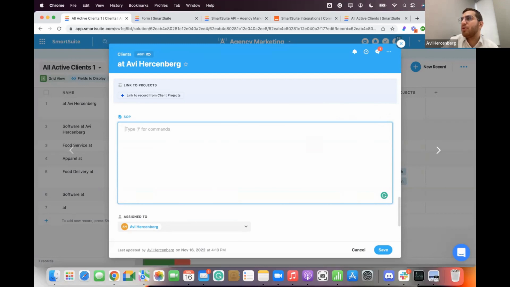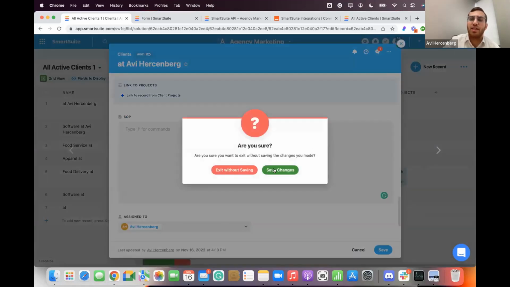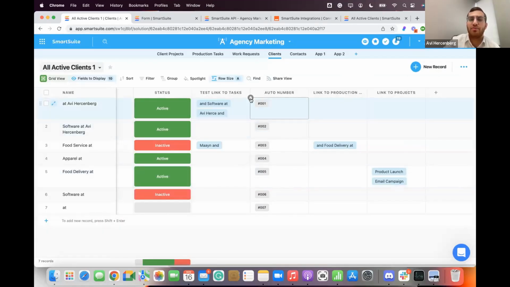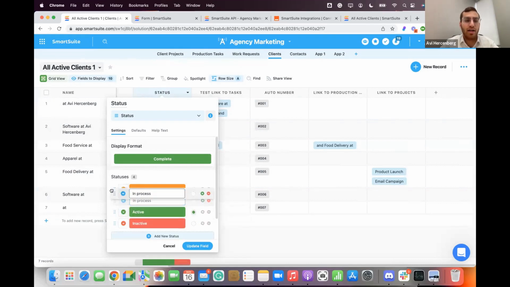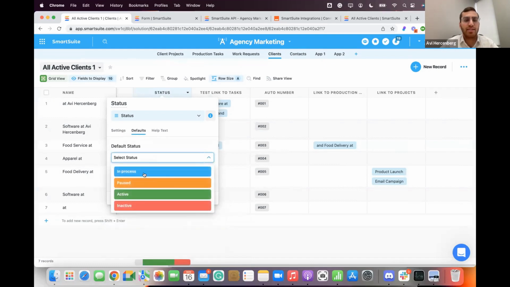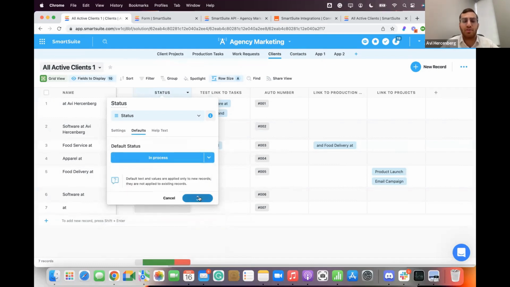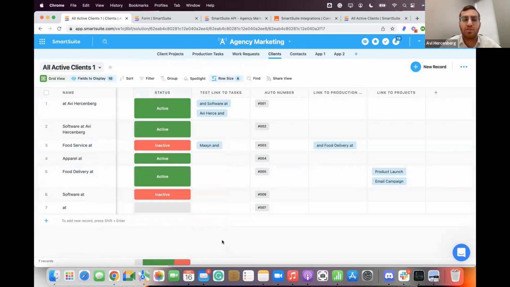Can you use form data points to go into placeholders? The way to do that is really, like I was showing before, default values. So let's say you want the status of every form that gets submitted to be in process. I'll add the in process field type status, give it a color, and drag it up top here. Then I'll go into default and say select status in process every time a new record is created. A form creates a new record, so anytime I create a new record,